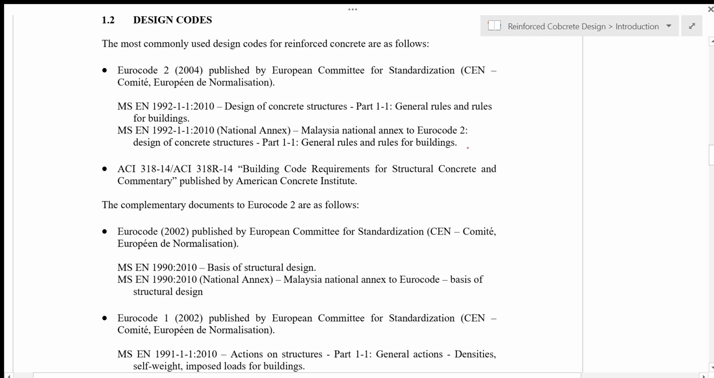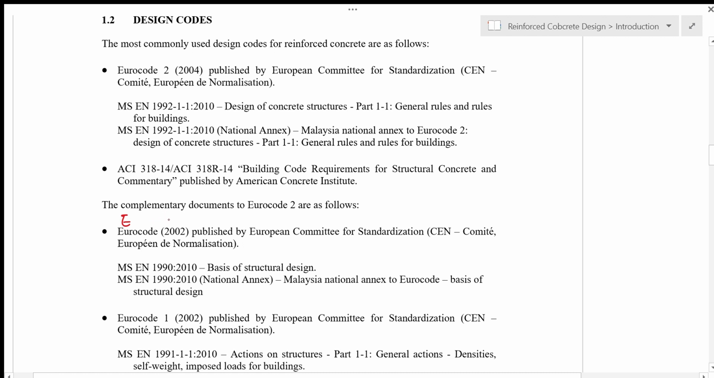Okay, and then another very common code used worldwide is the American Concrete Institute codes, but we will not cover this code of practice in our course. So in order to use Eurocode 2, we have some other complementary documents that we need to use. First is Eurocode,